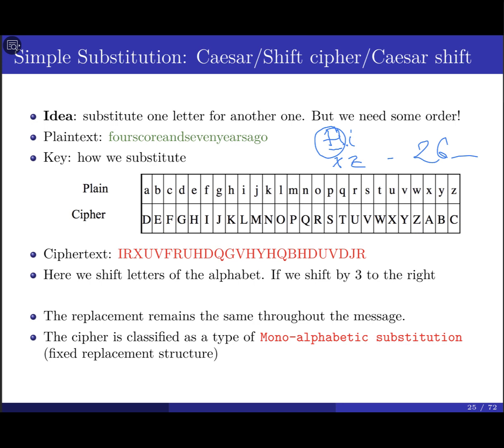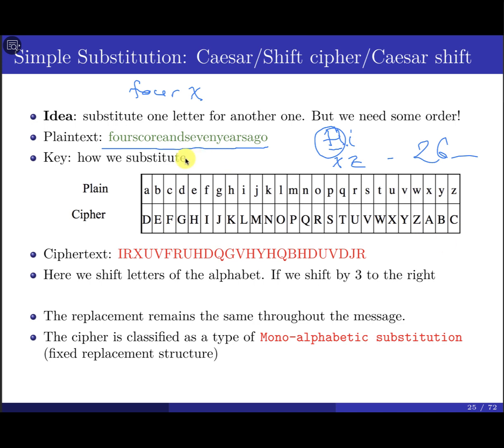So here assume that we have the plain text. Sometimes we use the plain text, for example, I'm going to use X in order to separate one word from the other. Here I didn't use any separation, okay? So just put them in one plain text. Just for simplicity, for illustration purposes, we're going to write the plain text in lowercase and the ciphertext in uppercase. Just for illustration purposes, okay?